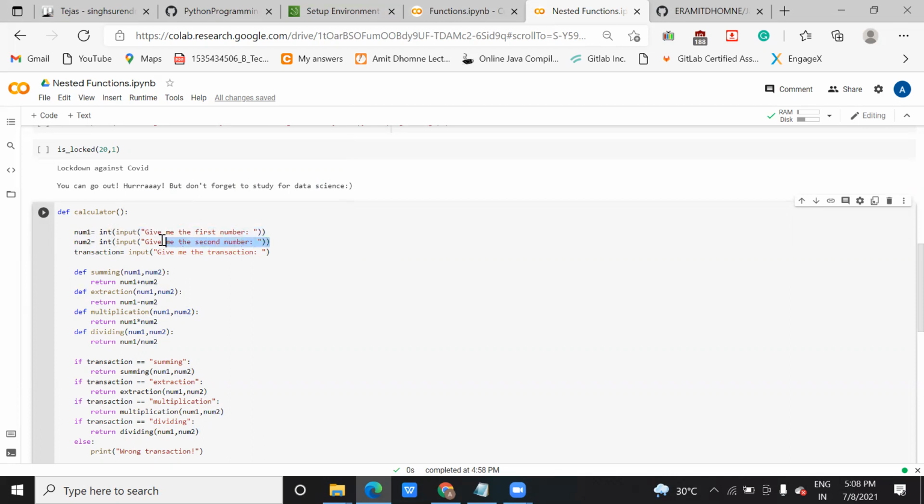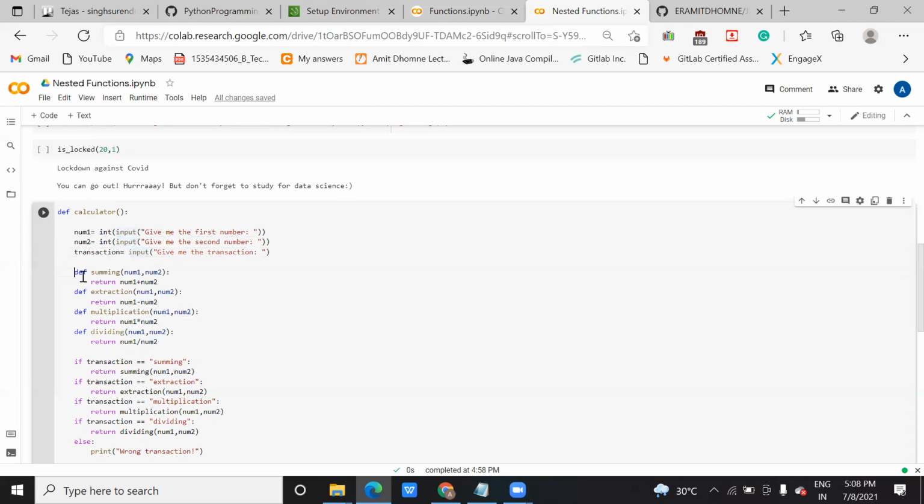Here also it will accept an integer value from the user. So the syntax is int input, give me the first number. So here it is of integer type, so both you are taking as integer type. And the third one, transaction input, give me the transaction. As you have not defined integer, it means that it will be of another type, maybe string or some value you are going to accept here.